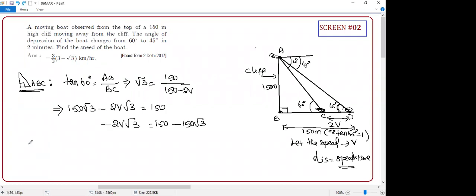So how to avoid the minus? Very simple. How to change the minus, students? But the answer seems different. What is the speed? 3/2 of kilometer per hour. Kilometer per hour, but whatever we are finding is in minutes and meters. Are you clear, students? Meters and minutes. That's the reason your answer is different. So make sure that you convert.